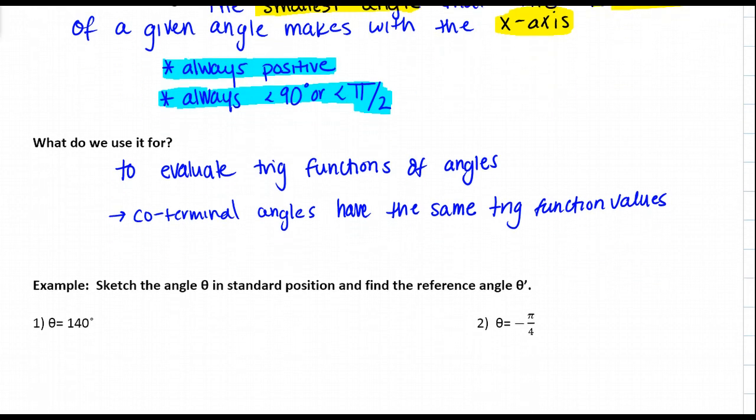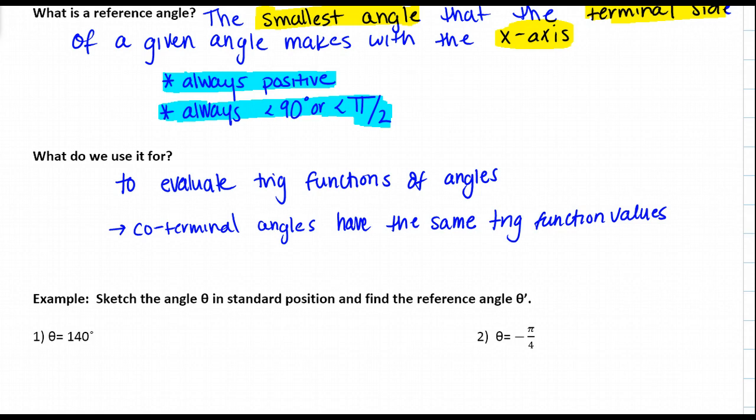And then, even more importantly, why do we use it? Well, we evaluate trig functions of angles based on their reference angles because coterminal angles have the same trig function values. So like if I asked you for the sine of